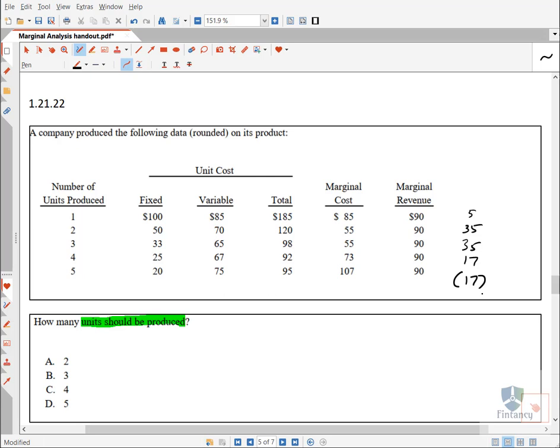So at which level can I go? Of course you will not say that we are making 35 when we produce 2 and 3 units, so let's only produce 2 and 3. No, because I am not talking about the profit figure. We are talking about the marginal figure. Marginal means the amount which is incurred in making one additional unit.